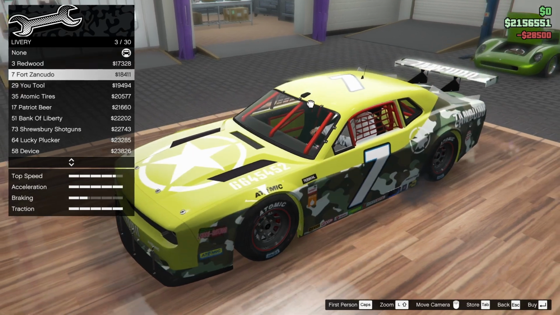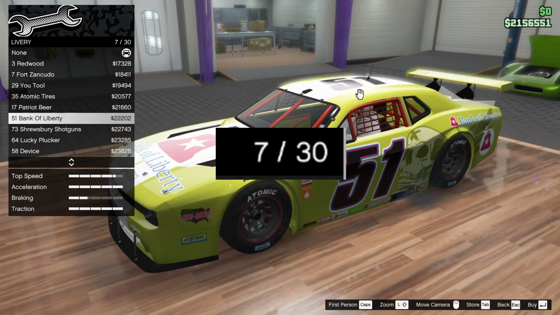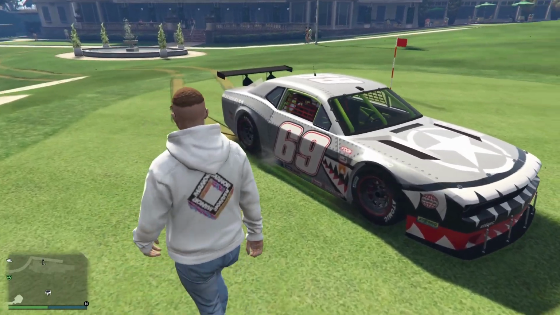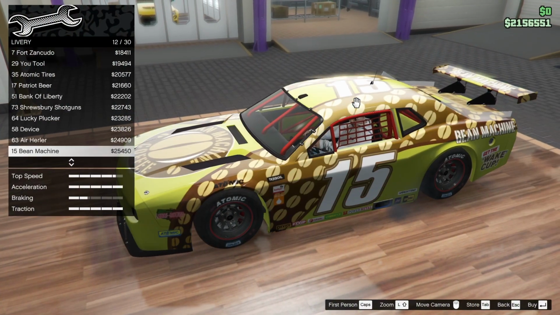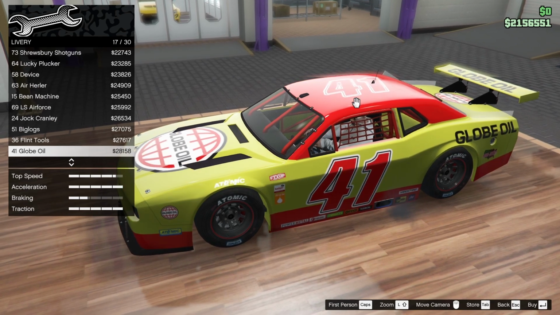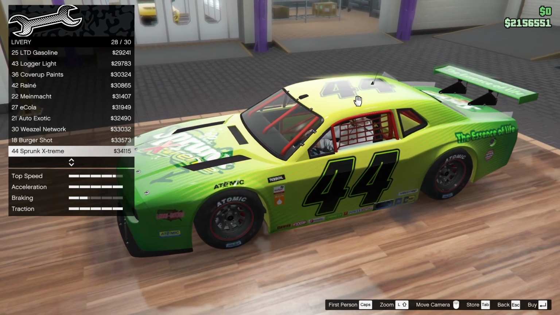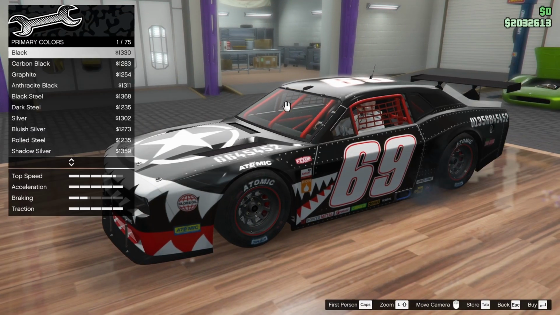Now, liveries are this car's strong point. You will have 30 different options to choose from. I currently have this fighter jet looking livery, which looks pretty cool, but all other liveries are quite unique by their design and color choices. So if you wanted to look unique, you have many options to choose from and pair them with your primary